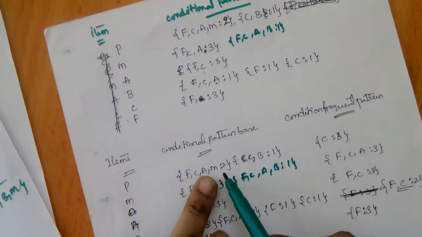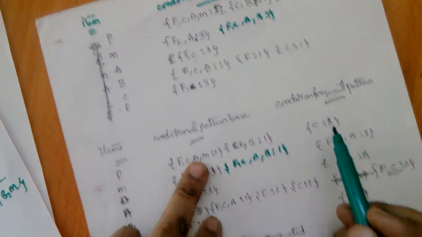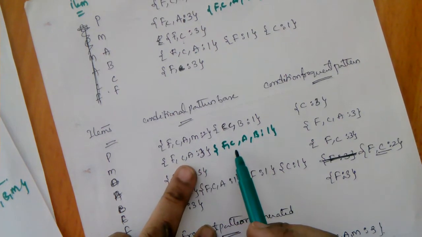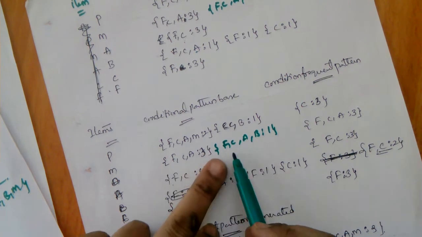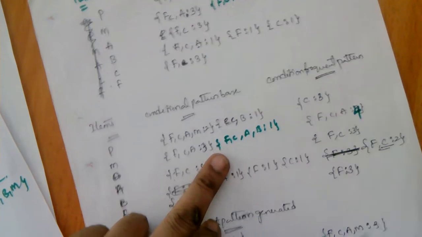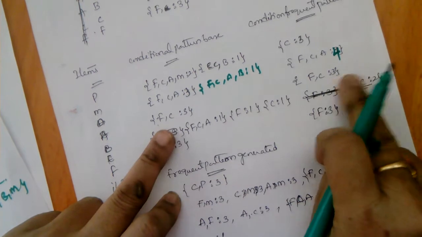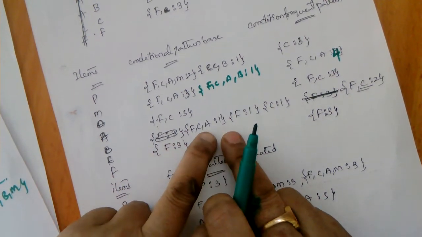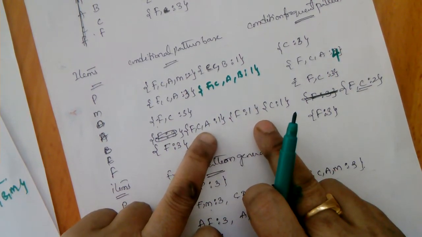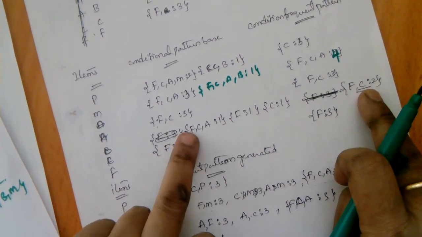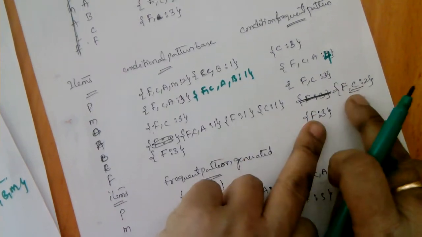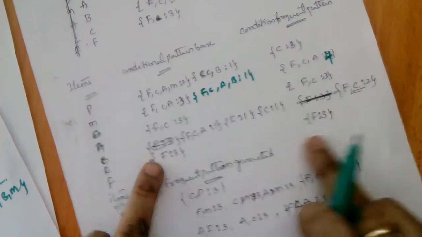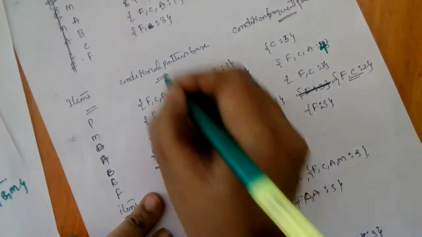What is the count of C here? 2, 1. That is 3. Okay, next you take. What is the most common one here? FCA. Okay, common one FCA. What is the count here? 4. Okay, next FC, only one. 3. FCA, most common ones are F and C. So I am taking F 2 and C also 2. So FC is 2. F 3, only 1. So I am taking F. This F will be empty. Okay, we are starting from this node only.